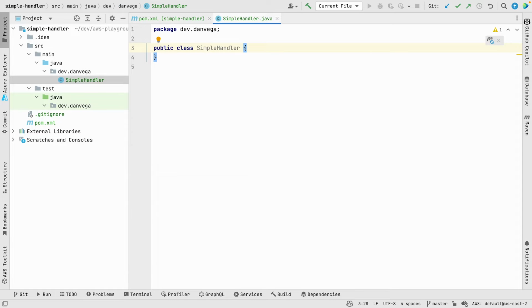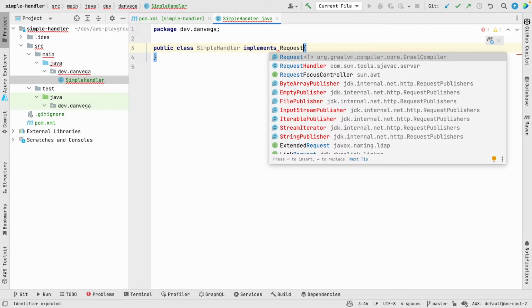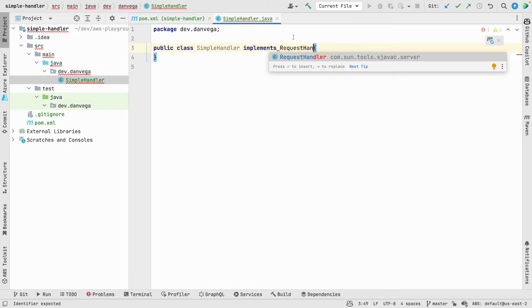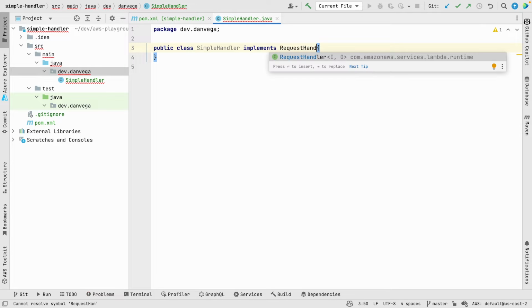And now instead of just creating a function in here like we did in a previous tutorial, we're going to implement one of the interfaces that comes with that Java Core library. One of them is called a request handler. So, request handler, and that is not it because we have not refreshed Maven. So we want to say, hey, Maven, we've added that new library. Go ahead and help us out. So there it is,